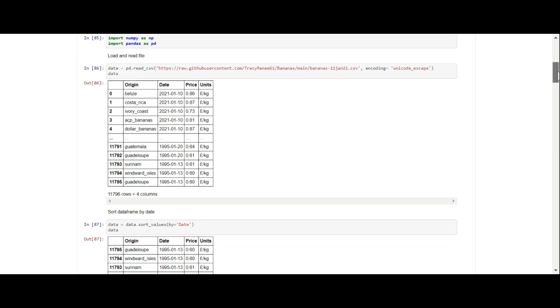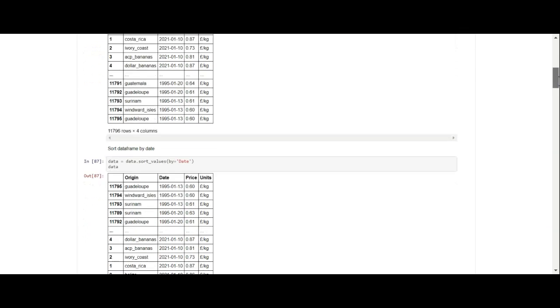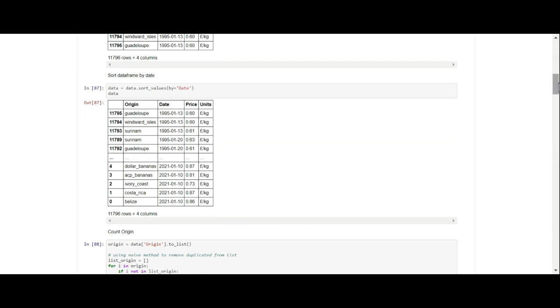So I have to do lots of things to actually get the data sets to work, really. And then I decided I wanted to sort it by the date. I decided that I'll do a lot better job on this prediction if I sort it by the date. So instead of the highest date being on the top, now we've got the earliest date being on the top and the highest date being on the bottom. I had some problems with the analysis, some problems with the prediction, and I just thought, well, maybe it'll work better if I sort it. So I sorted it.